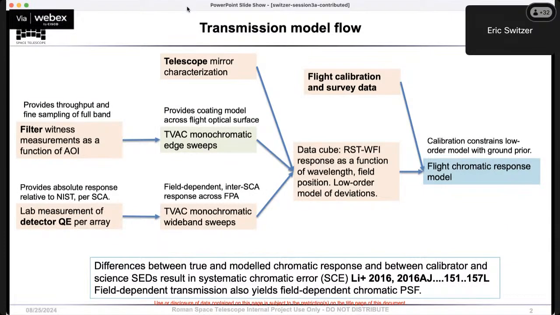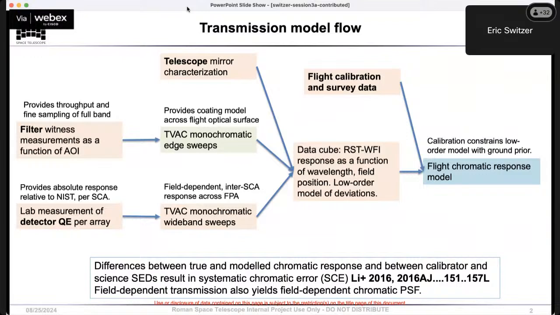Okay, so the slide shows the overall flow of knowledge going from the element level on the left to flight knowledge on the right. Starting with the filter measurements, the filter witnesses as a function of angle of incidence are measured across the full band, including their out-of-band response. The detector QE is measured per sensor chip and tied to a NIST-calibrated photodiode. That flows into